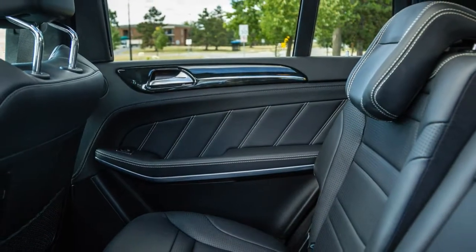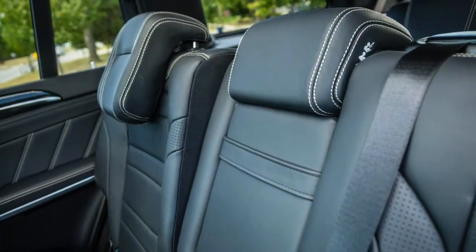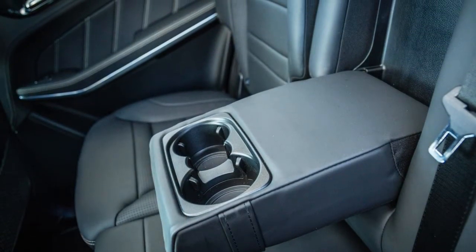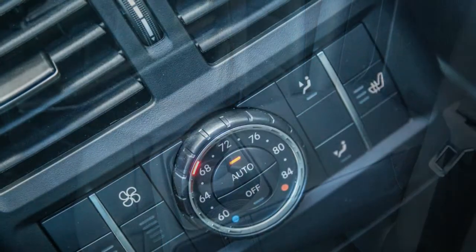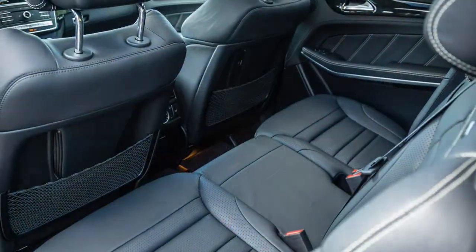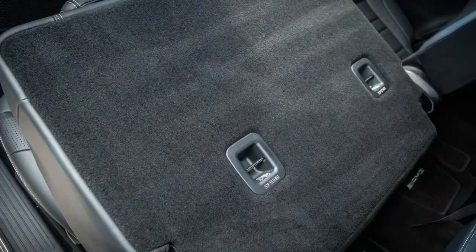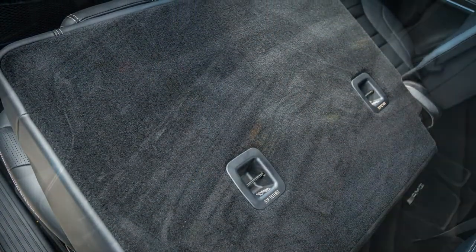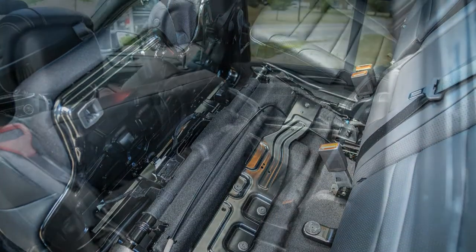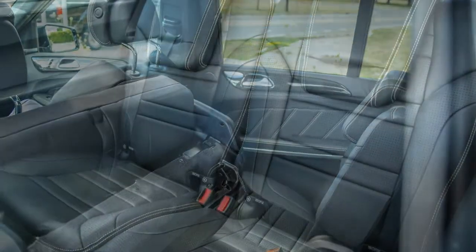The GLS 63's robust offering of standard features includes adaptive air suspension with selectable drive modes, heated, ventilated, and massaging driver and front passenger seats, and a panoramic sunroof. The list of options is relatively short, but we'd be tempted to add red brake calipers, especially since there's no cost for the option, the $400 power-operated Designo seat system for the second row, and the $300 AMG Night package, which adds gloss black trim to the grille, window surrounds, roof rails, and exhaust pipes. Those extras would bring the total cost of our GLS 63 to